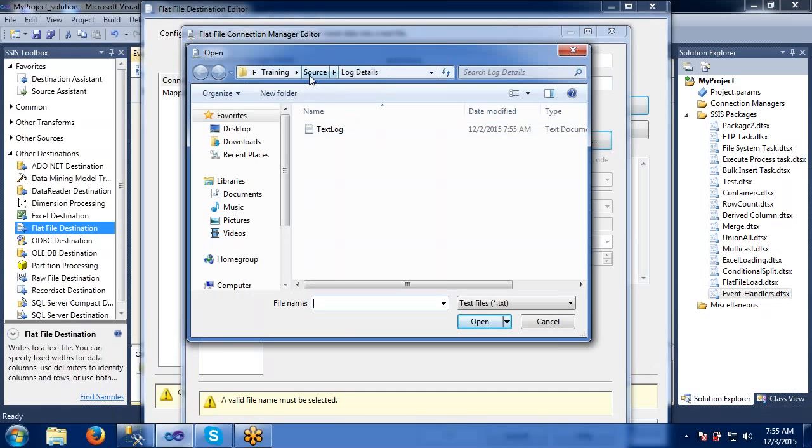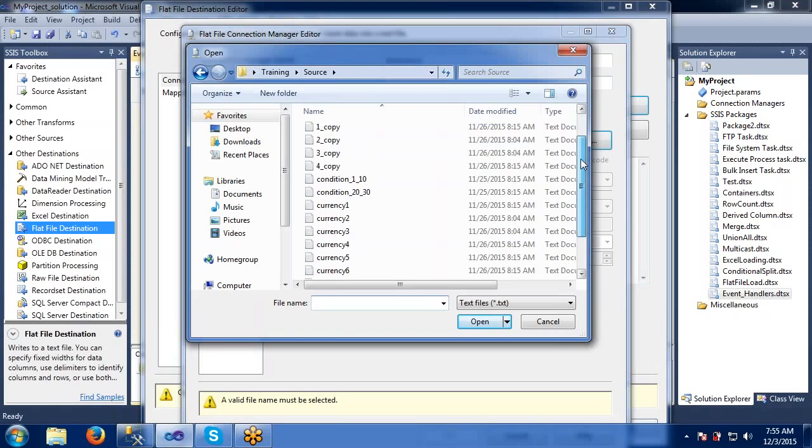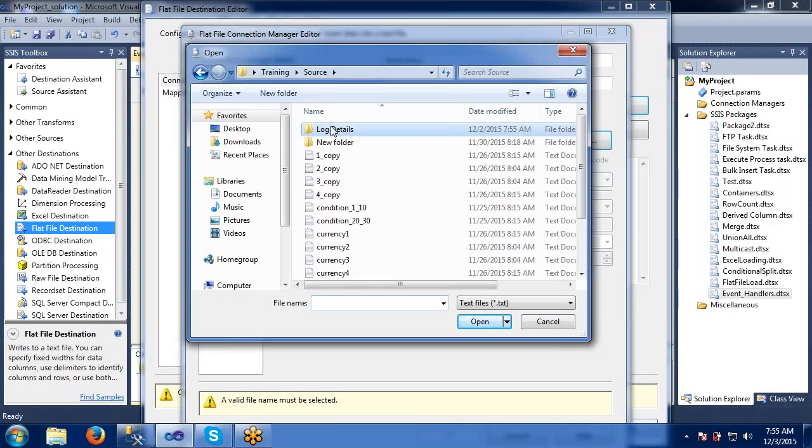It is asking where we need to store this one, so we can store it here itself. Destination one, something I have given for the flat file, that's it.